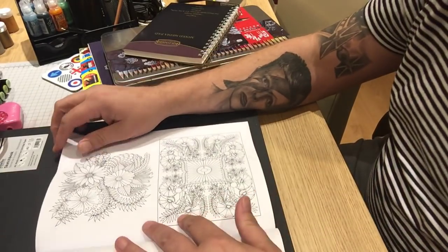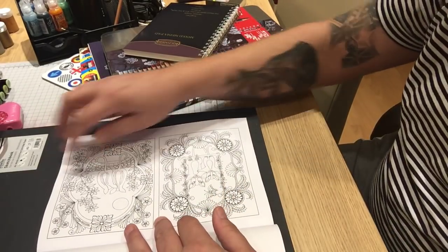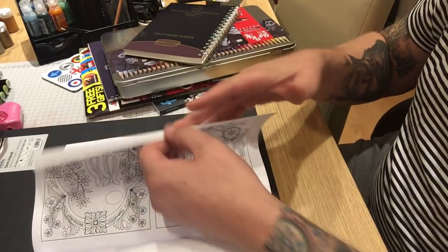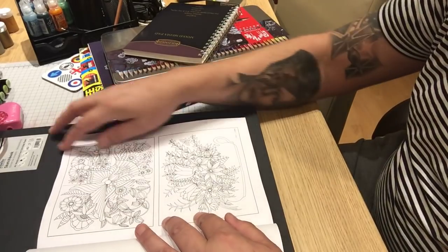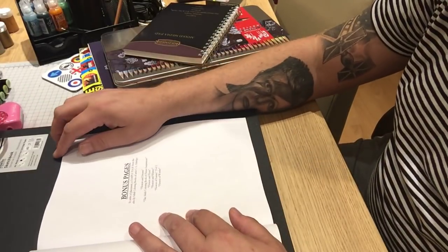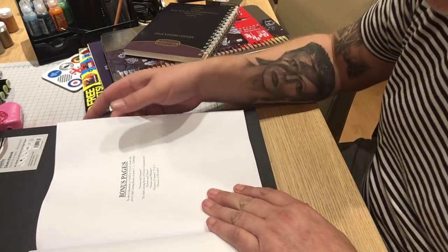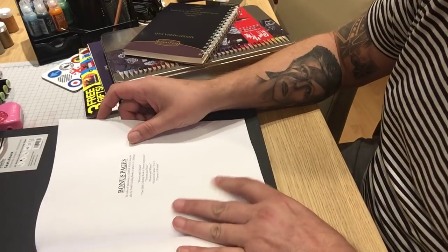So they are repeated, but they are much smaller, and I like that. You've got the back and front image of that couple on the swing or bridge. And you've got that dissected one again that I mentioned with the different colour palettes. And then we have some bonus pages, which I think, by reading here, are excerpts of Christine's other books, which